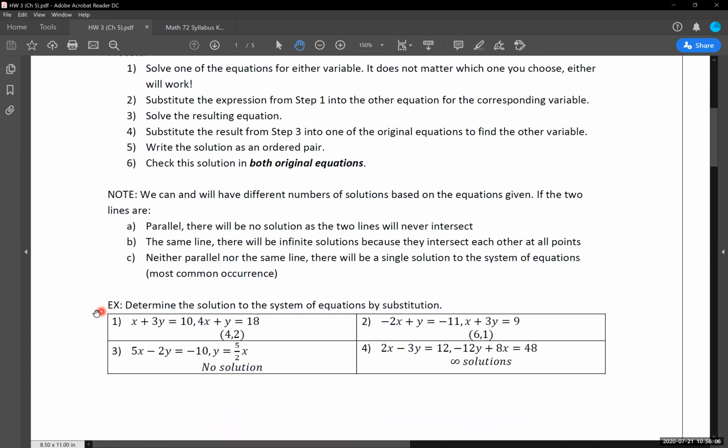Now we have 4 examples that we're going to go through. We're going to go through these algebraically first, I should say, and then we'll go through them graphically. I think the algebraic method is a little bit more time intensive and I want to give us time to see that, and then we'll go with what these things look like graphically, using some technology for that. So I'm going to jump us over to our Blackboard, but these are the 4 examples that we're going to be referencing over there.